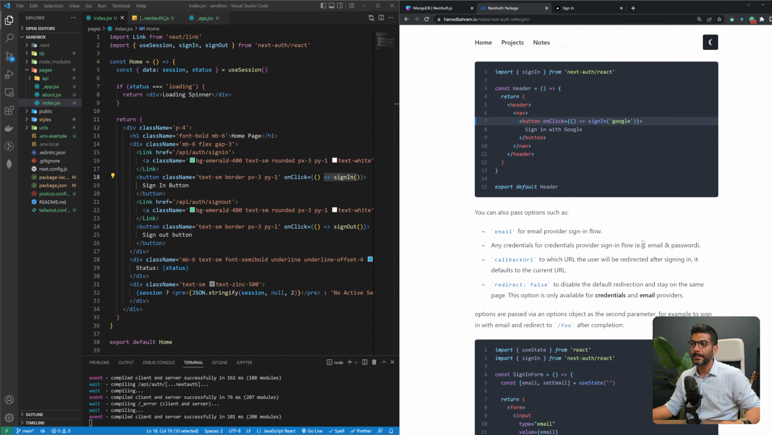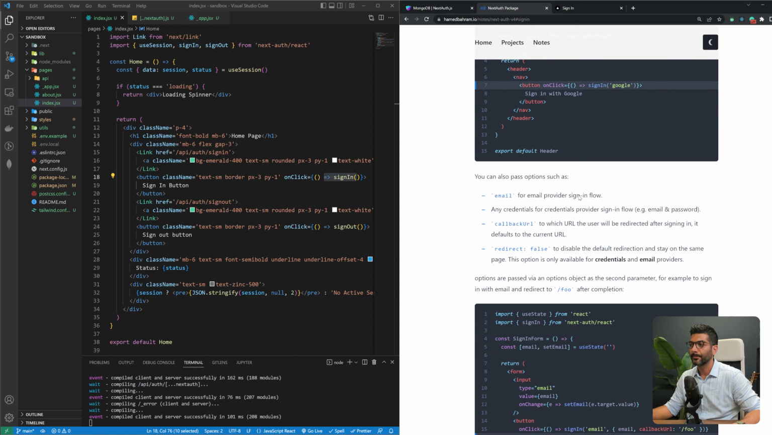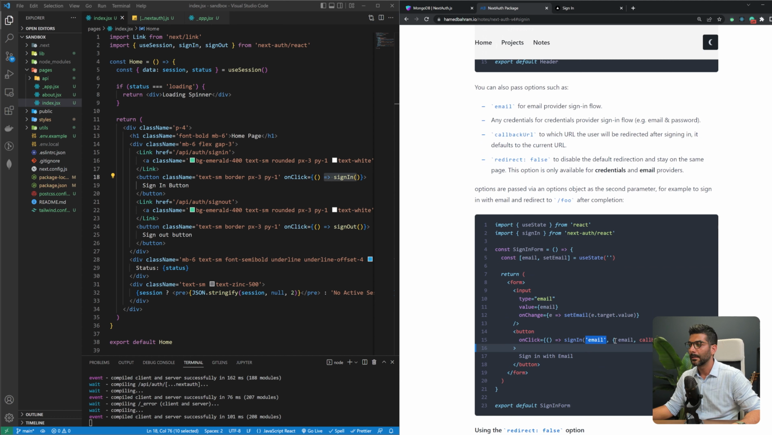Now, obviously, if you're calling it with your email provider, you will pass email here, or your credentials provider. Like here, I'm passing in my email provider. As the second argument to this function, I'll pass an object where I actually pass in the email that this sign-in flow requires, because an email provider needs an email. This is then sent to the authorized endpoint to send that email, that link, that verification